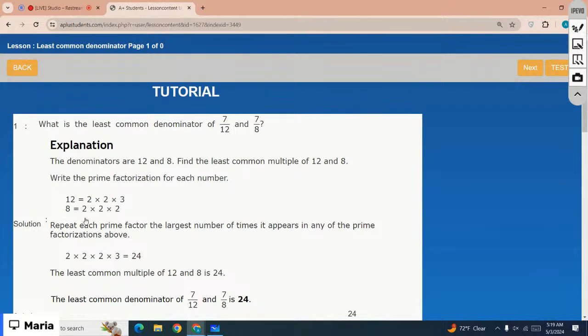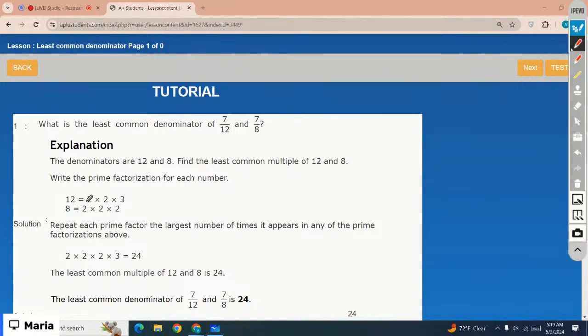You have to write down the prime factors of both the denominators. The denominator of the first fraction is 12 and the second one is 8. You have to write the prime factors of 12 and 8. Prime factors means all the factors must be prime. So the prime factors for 12 are 2 times 2 times 3, and for 8 they are 2 times 2 times 2. You have to find the common